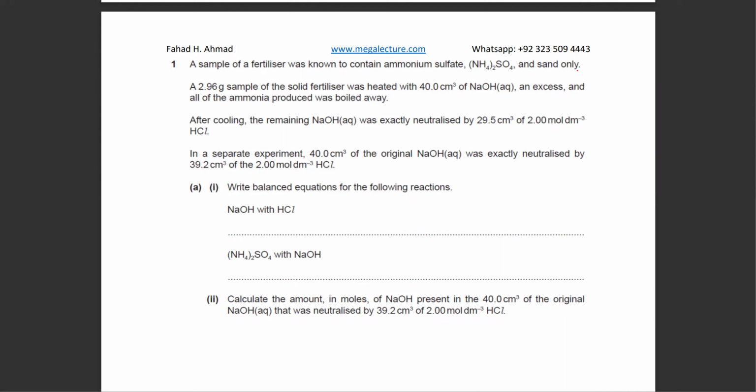So I'm just going to write the equations first, just as a formality. NaOH with HCl. It's NaOH plus HCl, and that's going to produce NaCl plus H2O. And with ammonium sulfate, the reaction would be